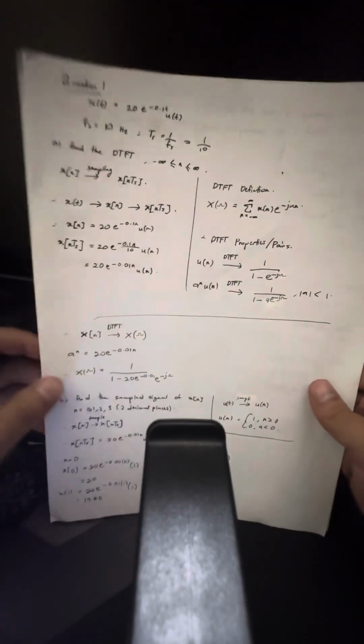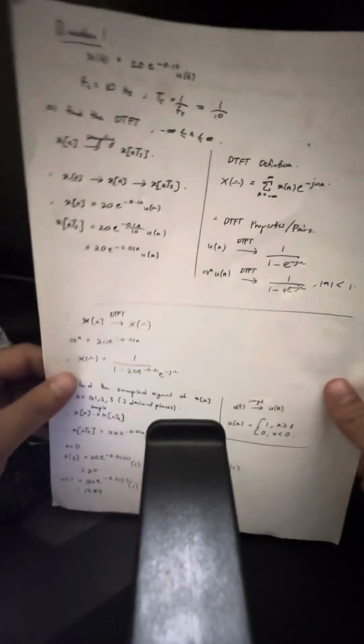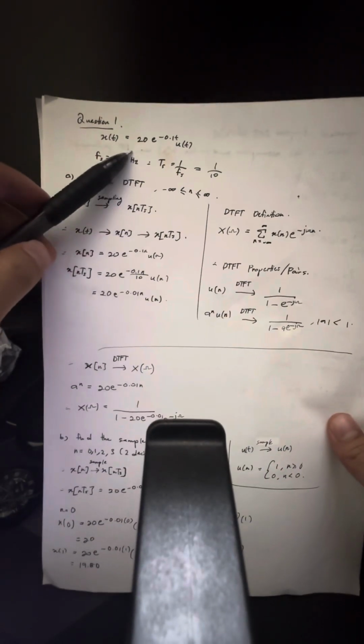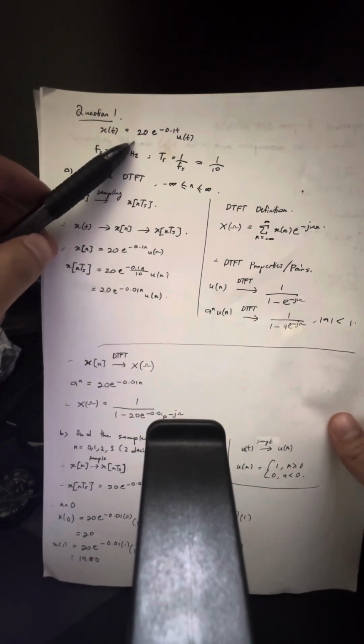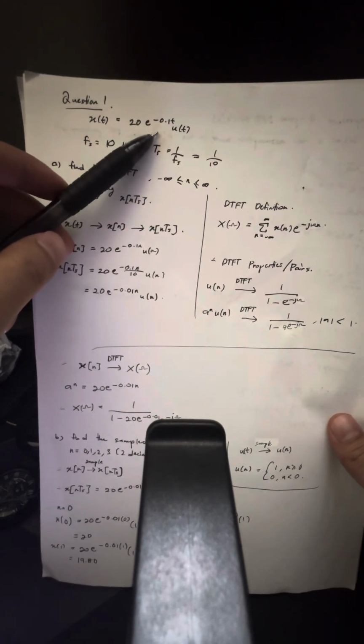Okay, so this is for the quiz for DSP, signal processing. So first of all, the first question gave us the equation, which is x of t is equal to 20 e to the exponent of negative 0.1 t, u of t. So we have a